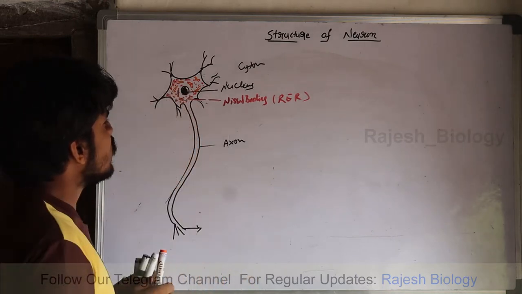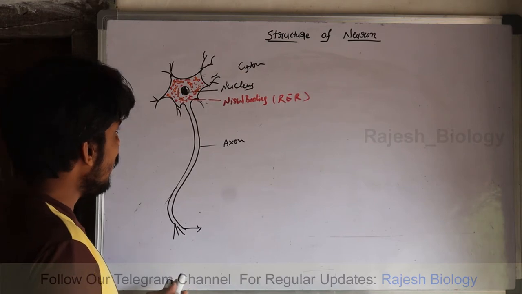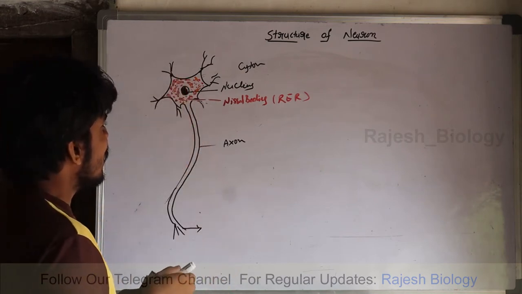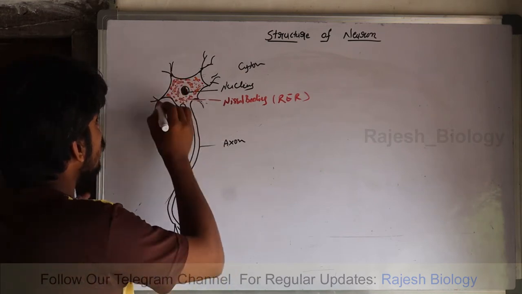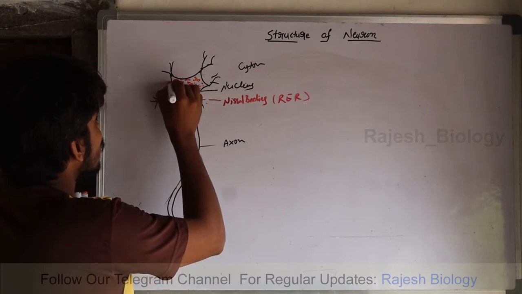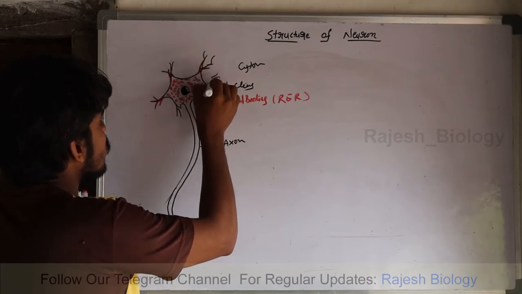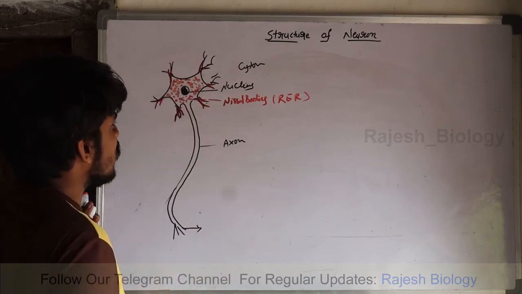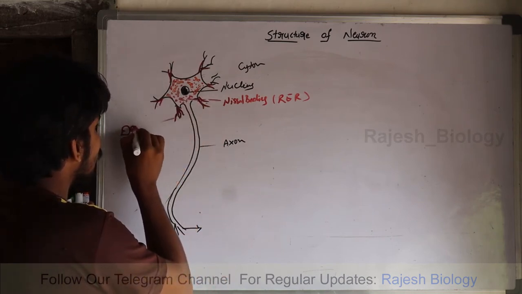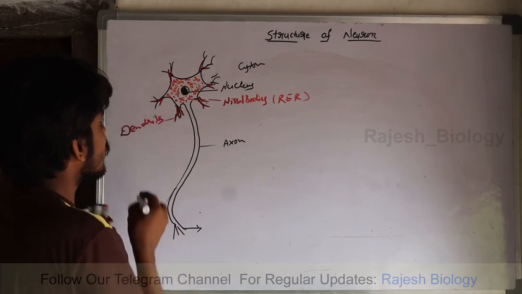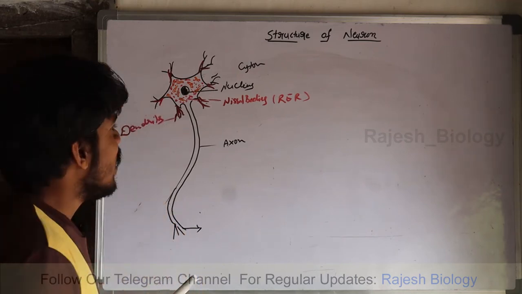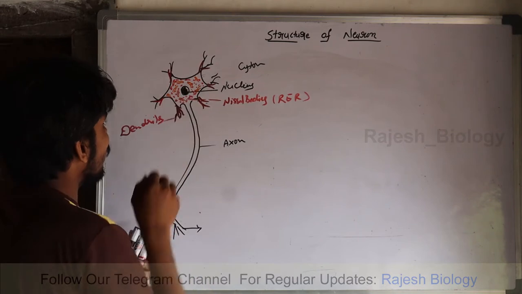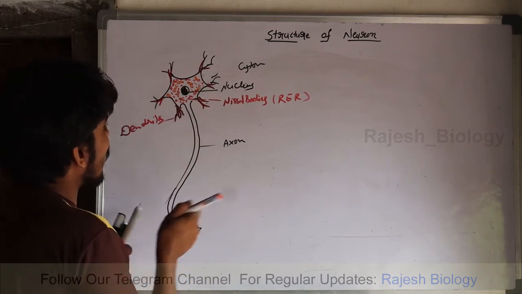From the cyton it gives so many branch-like structures. These are the projections of the cell body, and these projections are known as dendrites. In dendrites also there are Nissl granules